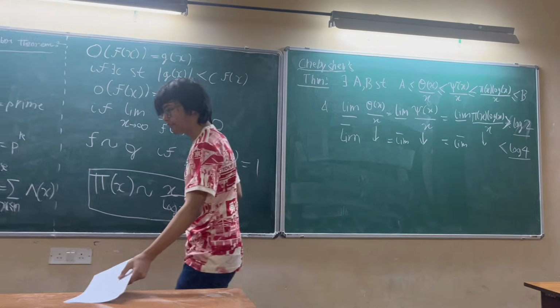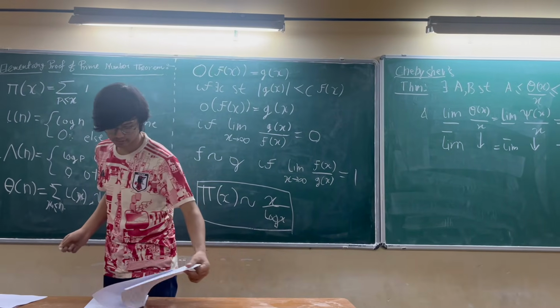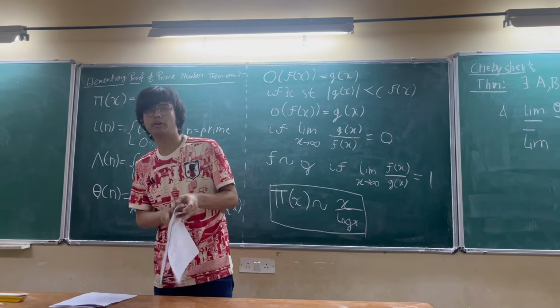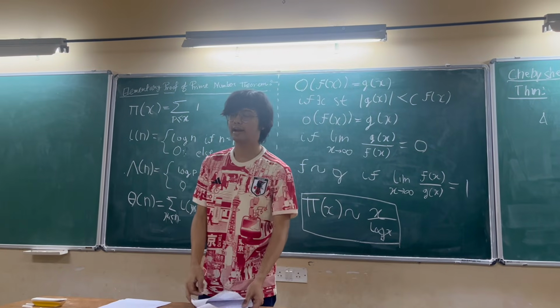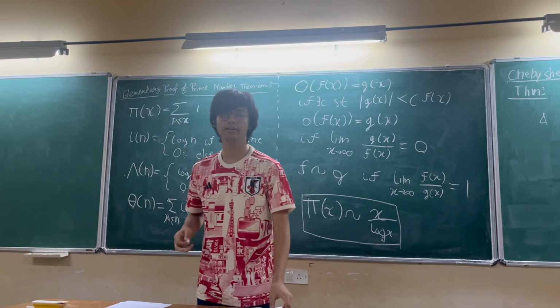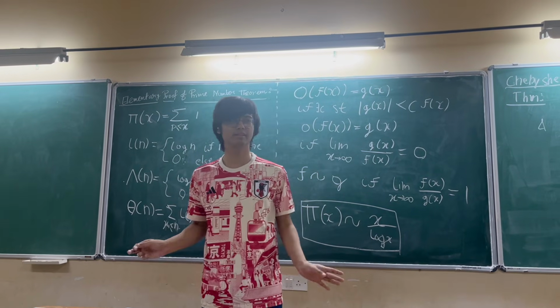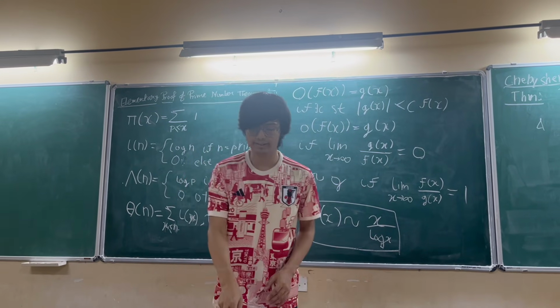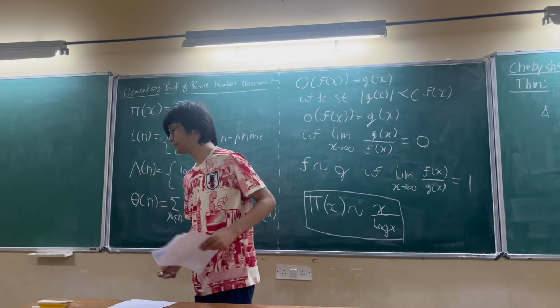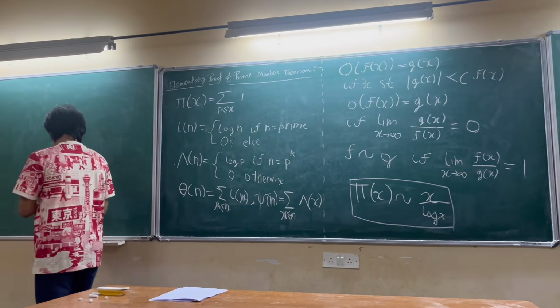Next up, we have a few more results from analytic number theory. Now, these results might seem random at first, but we need all of it. We need somewhere to start, and we use these results as a starting point. And each of these results individually has a pretty straightforward proof. So, let us begin by stating